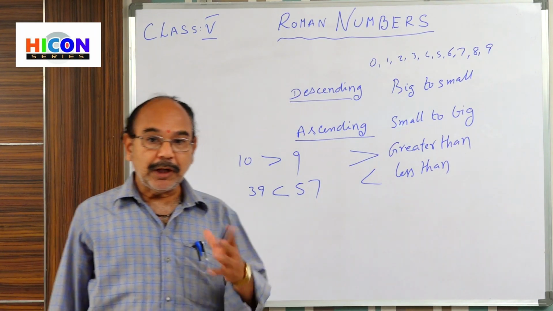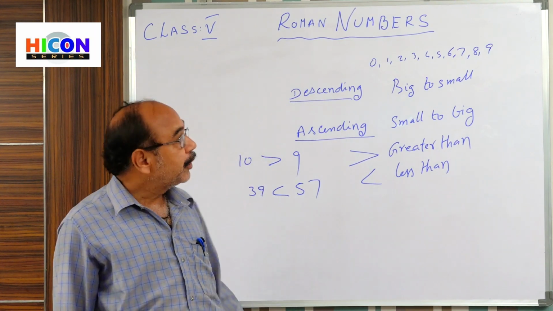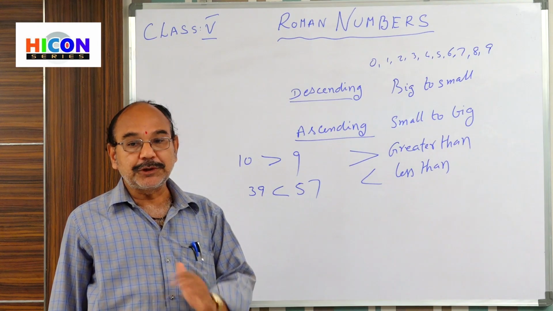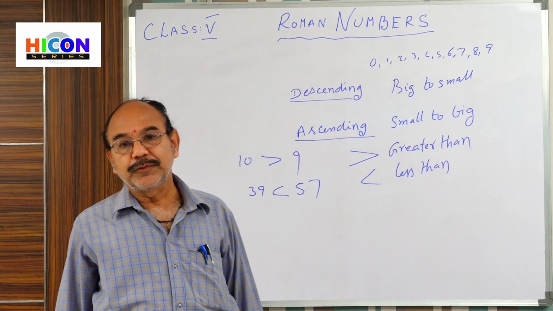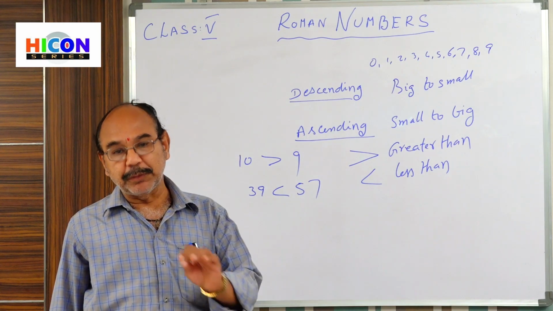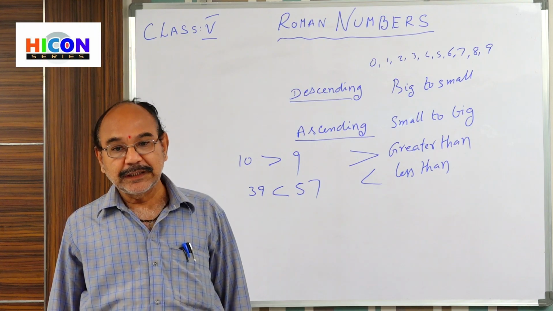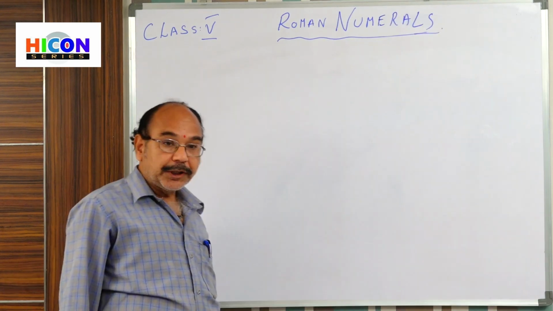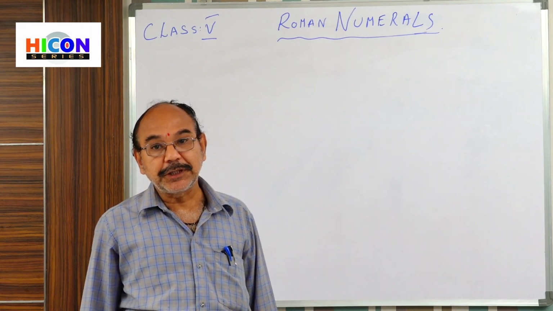So, by keeping all these points in view, slowly we are coming to the next system. After the Indian system, next one, the Roman system is there. Romans used seven symbols. To write any big number, they used seven symbols only. Children, now we are going to the next topic. That is the second chapter,